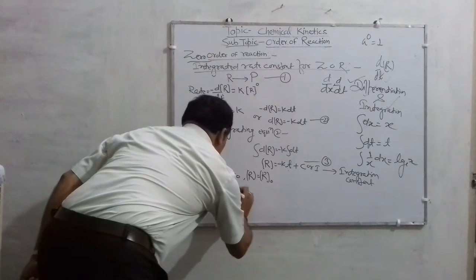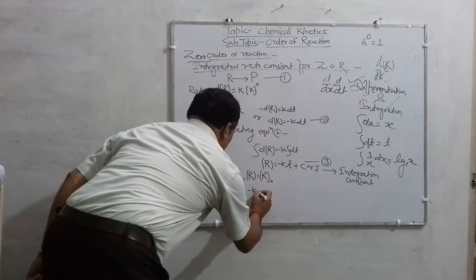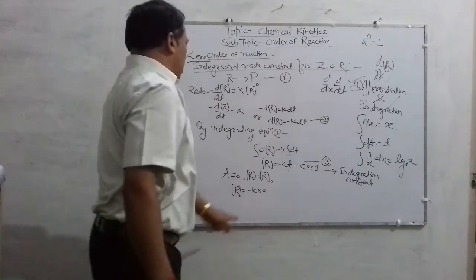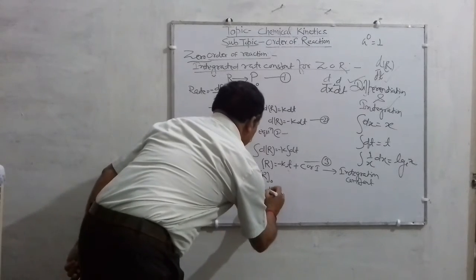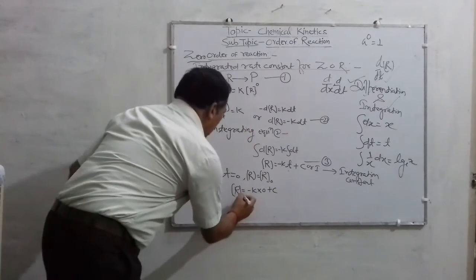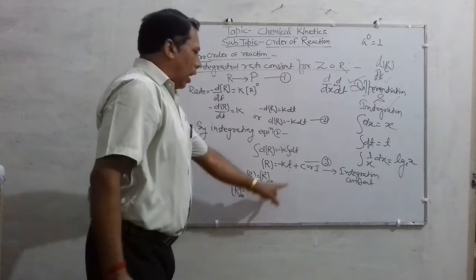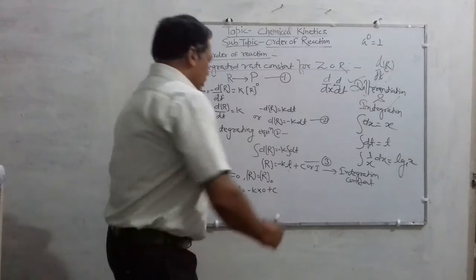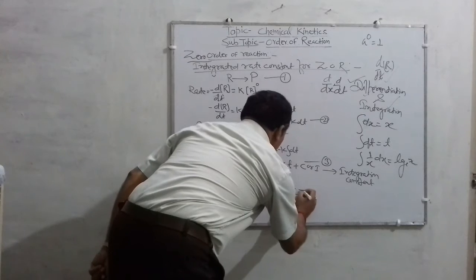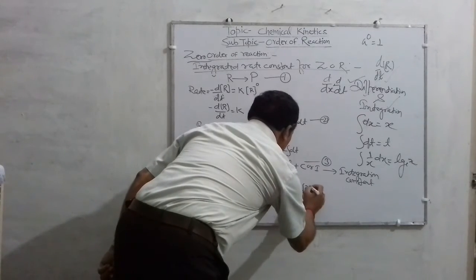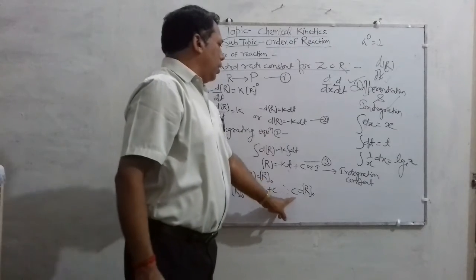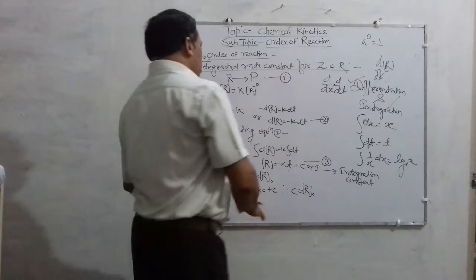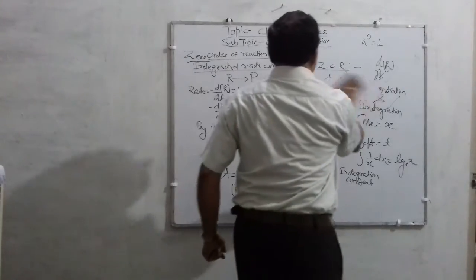So by putting, you will get R is equal to minus k into t, which is 0, and plus C, and in place of R you write R0. C is the integral constant, and its value is coming R0. So the value of C is R0. Now put the value of this C in expression 3. What will you get? Listen sincerely.